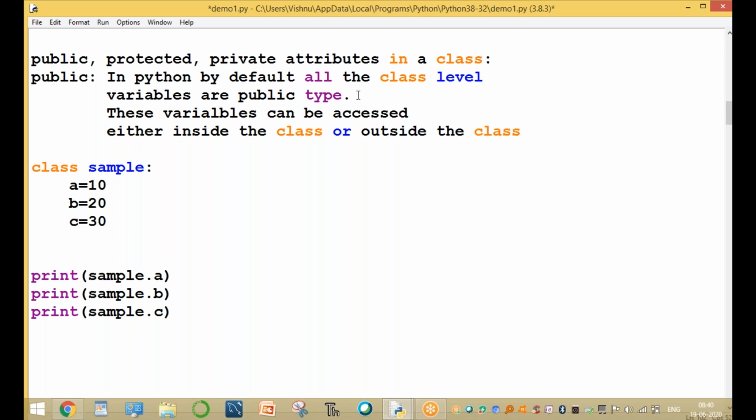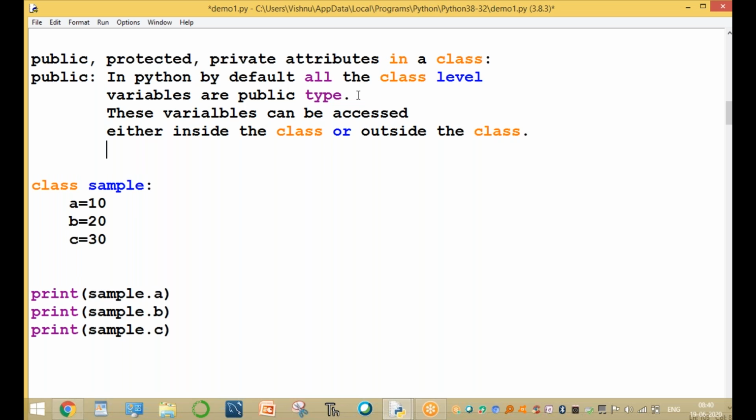In Python, by default, every variable is a public variable. No problem. Clear, because it is public.